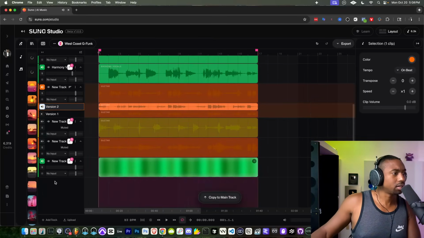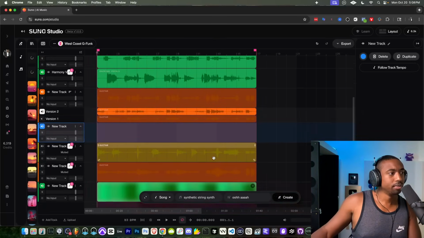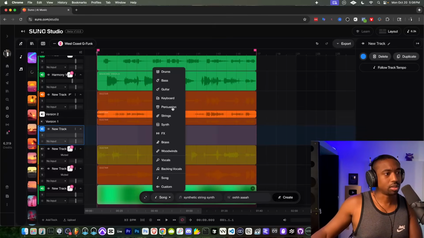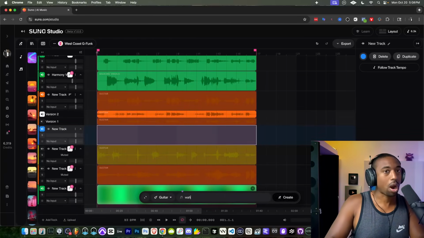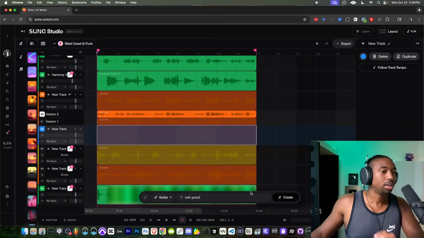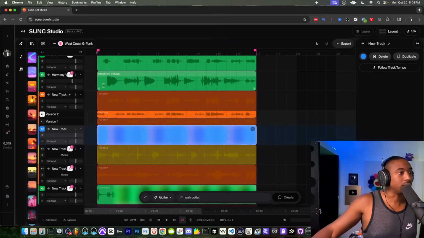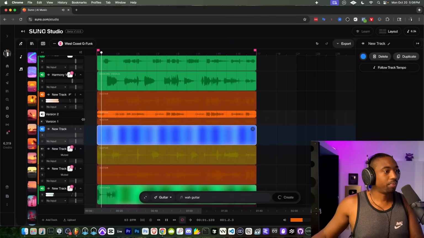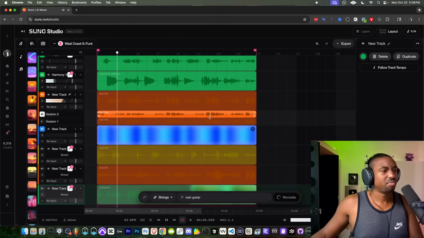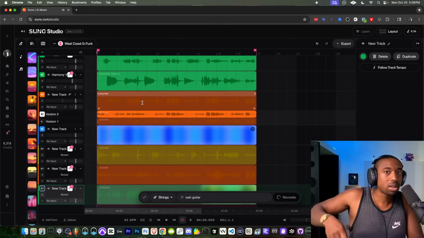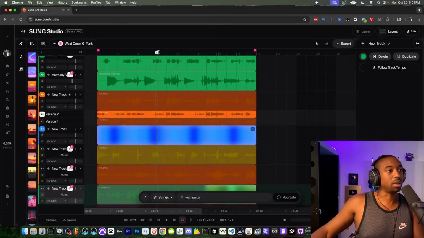Let's create another guitar lane. And let's highlight the area. Swing this back to guitar. Let's type in wah guitar, W-A-H. That's like wow, wow, wow, that type of guitar. So let's do that. I didn't think to do that initially. So all this, I don't need rhythm, so I want to get rid of those.